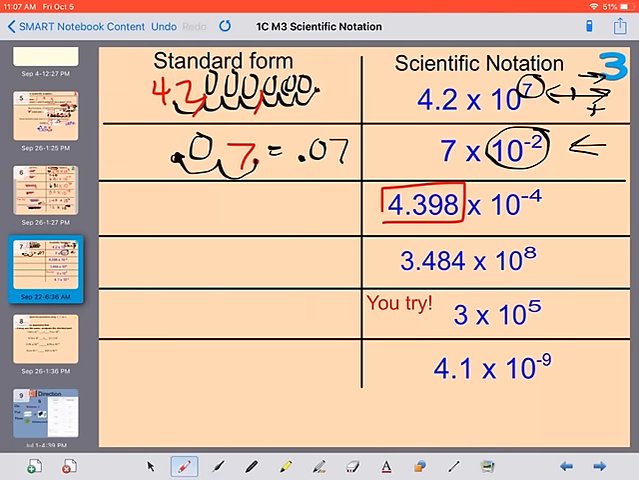We're going to start by writing the number. And I know my decimal is going to be going to the left because it's a negative number, so I'm going to leave some space on this side. You don't need to write this word. So we have